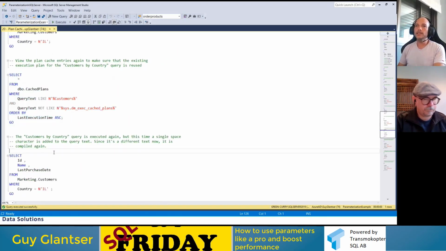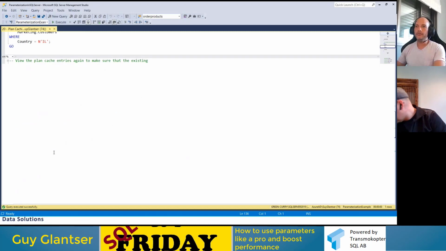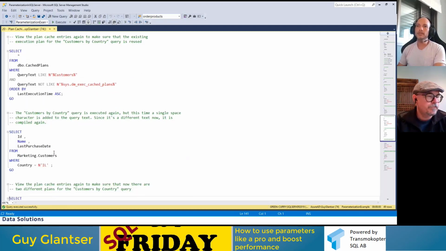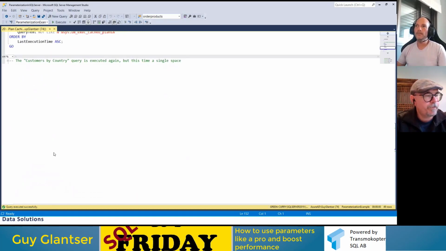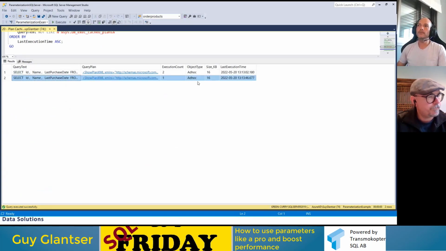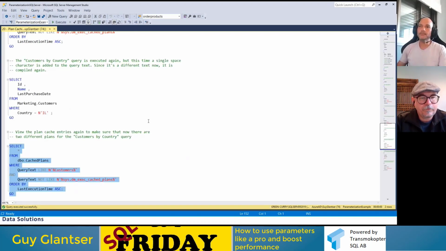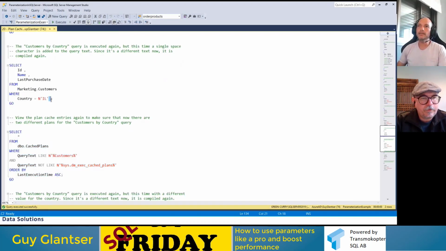All right, let's do this again. I'm going to run this query for the third time, the same query. And if I look at the plan cache now, I see a second row. What happened? We're supposed to reuse the plan again and again. I cheated. I did. I added a space here. And what I wanted to demonstrate is that the way SQL Server searches for a plan for this query text in the cache is by calculating a hash value over the query text, the entire query text. Well, not with the Go, but this one.